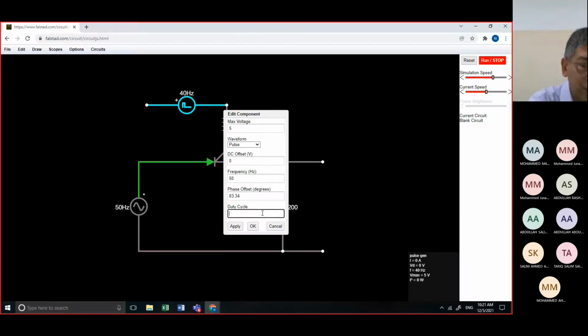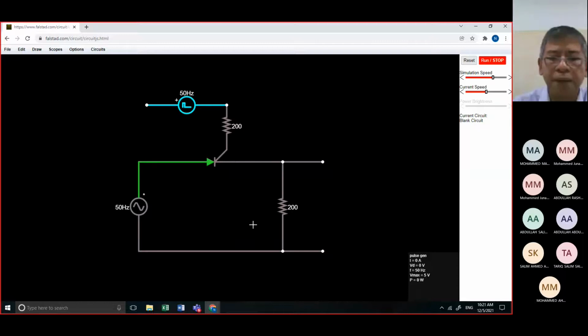We will type here 1 and then click OK. That is the requirement.